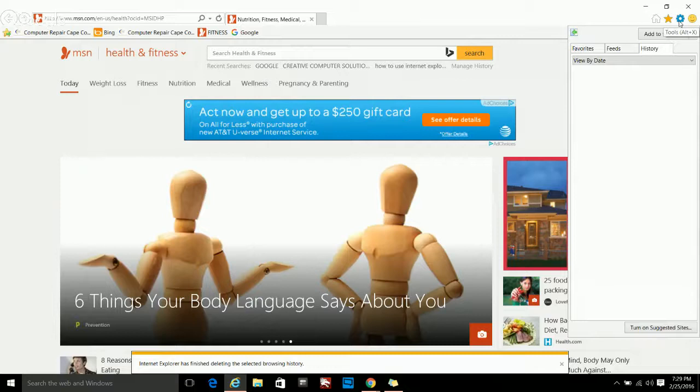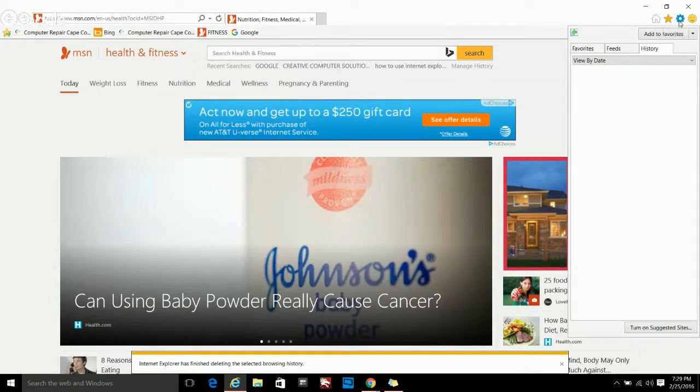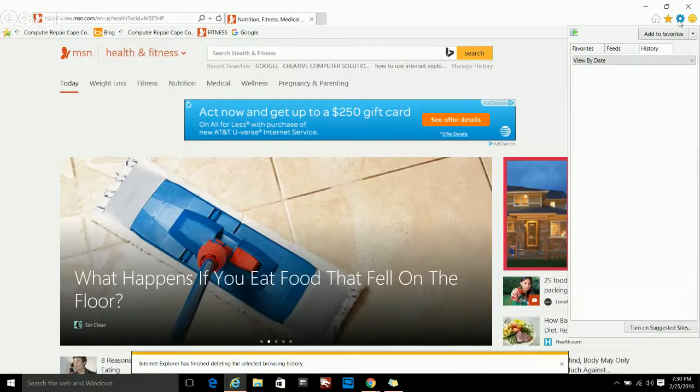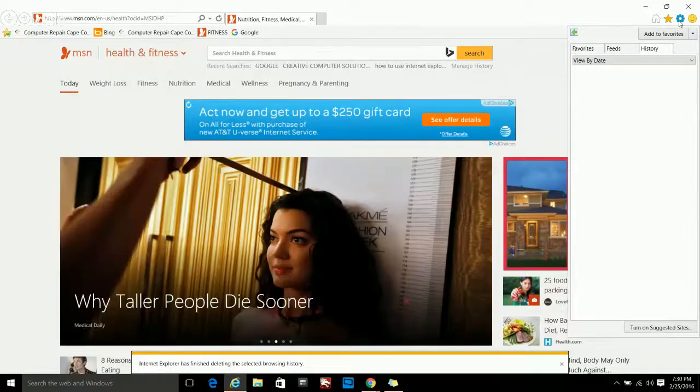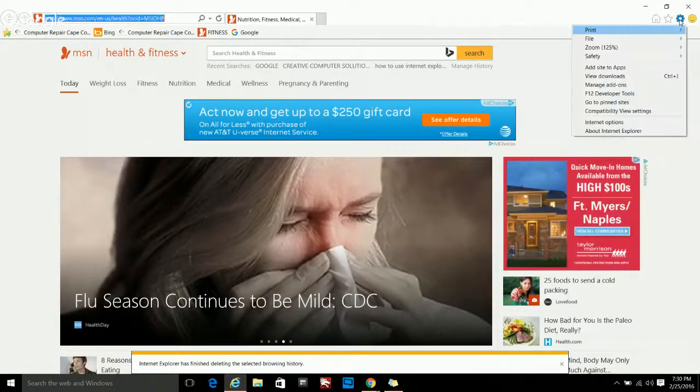The next feature I want to show you is how to browse in private. So because everything autofills and history and stuff like that, say you're birthday shopping for your wife and you don't want her to know what website you were on as you were looking for her new diamond ring. Under the settings tab here,